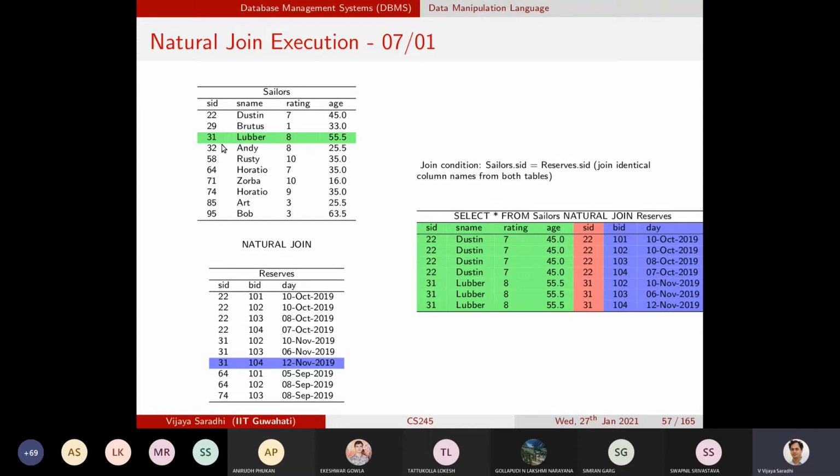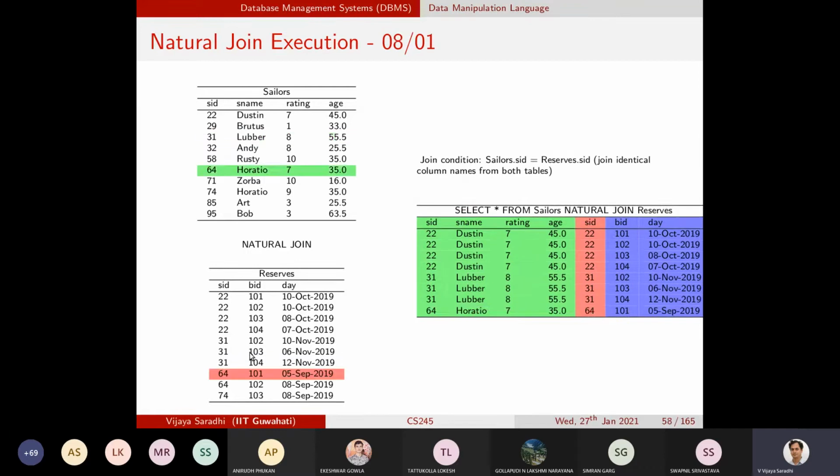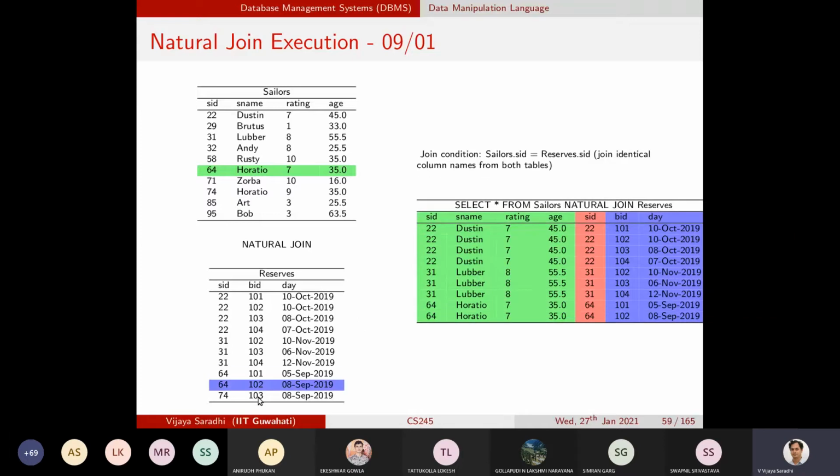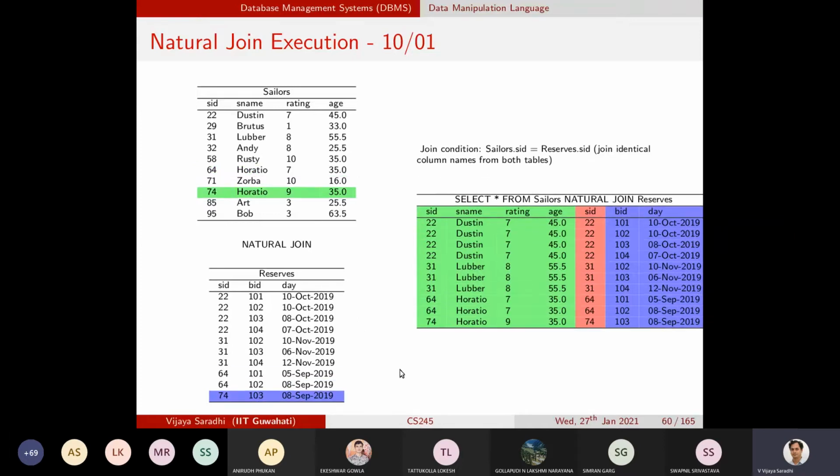Then 32 and 58 will not be joined with the reserves table, because there are no sailors who have reserved boat 32 or 58. And then you see that 64 has also joined, and then 74. Now there are no more records.